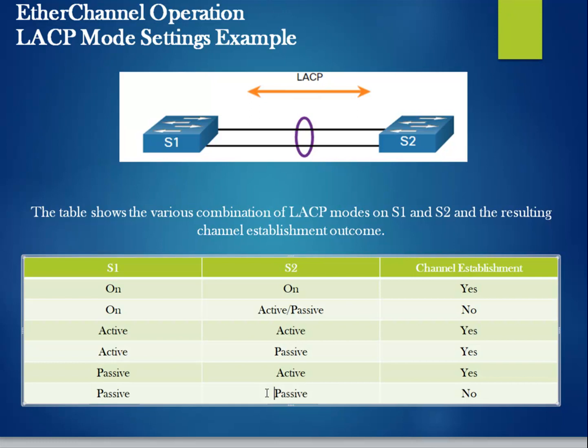Here there are 3 modes available, so the combination should be properly configured. If it is in on mode and on mode, automatically the EtherChannel can be created. For example, if this particular port is in on mode and here it is also in on mode, you can create an EtherChannel. If one side is on and the other is active or passive, you cannot establish an EtherChannel. So this is the difference between LACP and PAgP. If you ask me, I cannot say there is any major difference between these two, other than the developers. So this is about the 2 different protocols, PAgP and LACP.